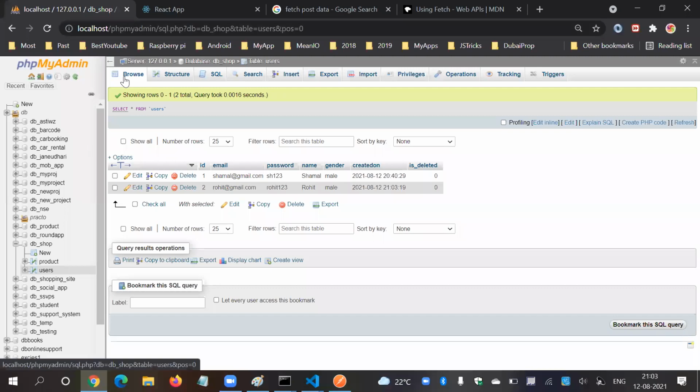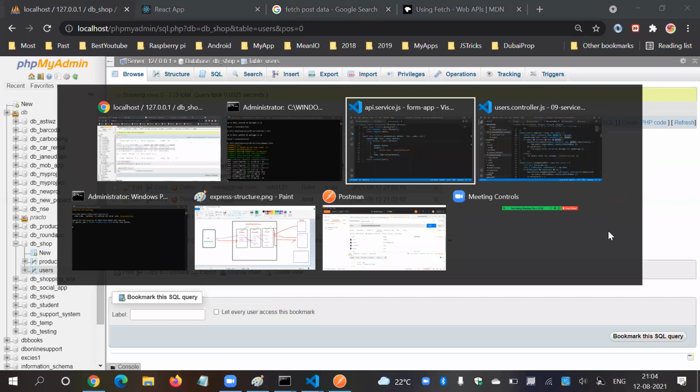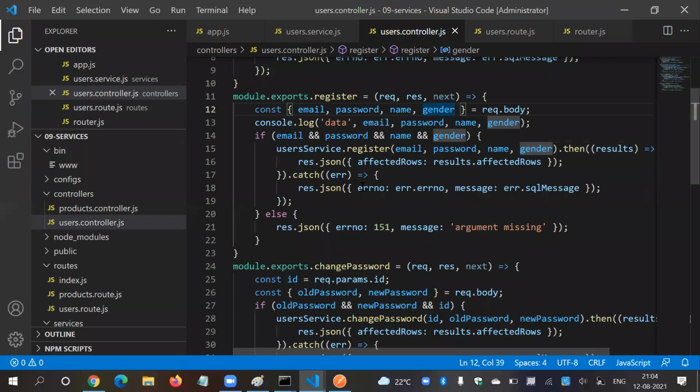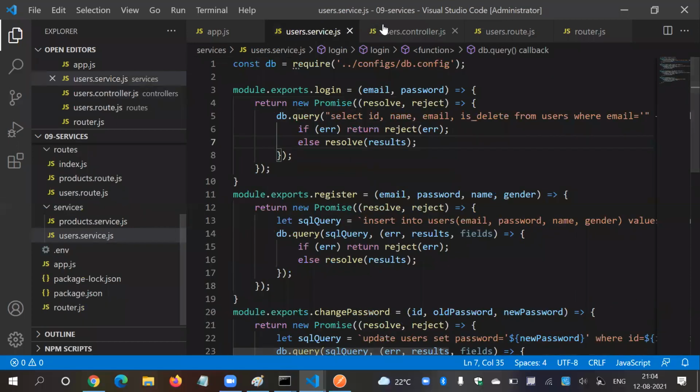Go to our database. Here we got Amit A123. So awesome, guys. We got our data. Let's delete this part. It is also fine. That is perfect. User services is also perfect.